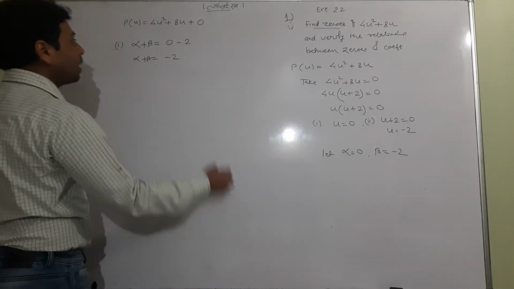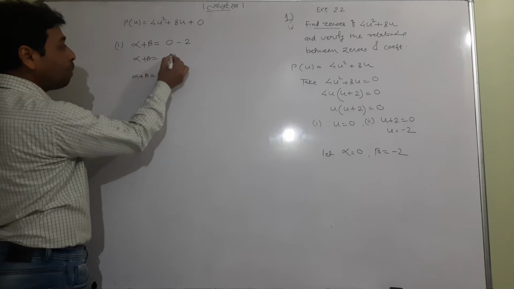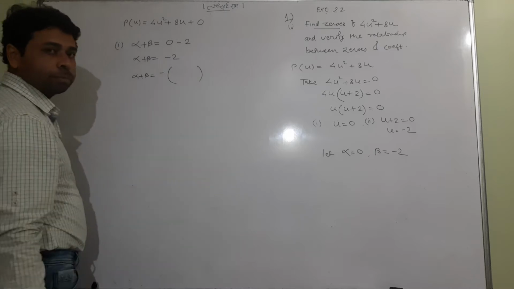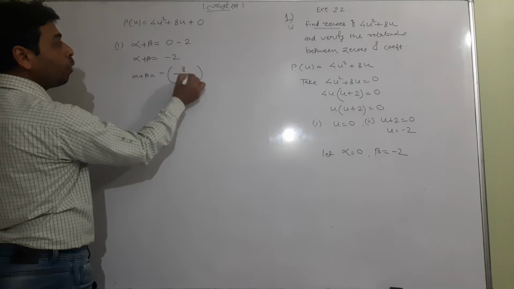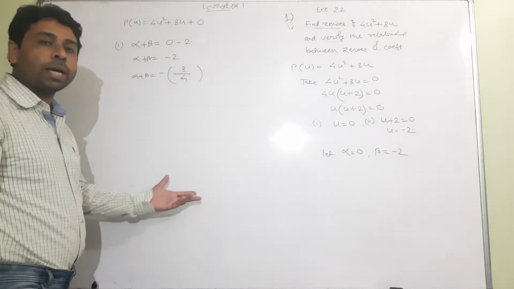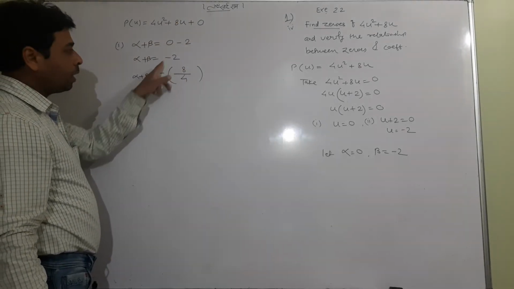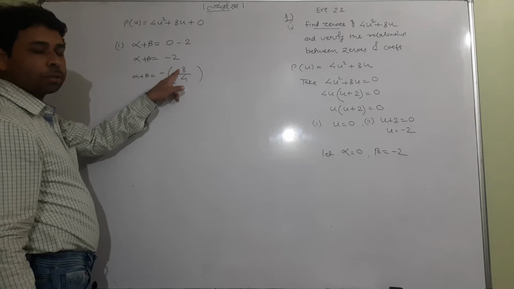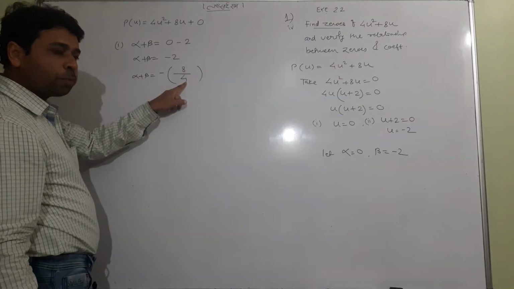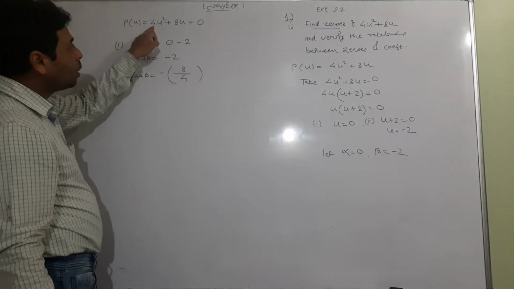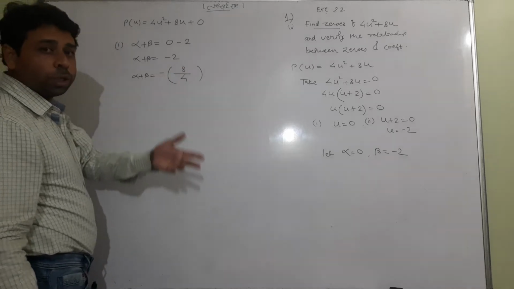So ultimately alpha plus beta is minus 2. And you remember my words that alpha plus beta is always negative, and it is negative here. So how to manage the sign? Minus I will write the same. Only 2 is here, so I will write that 2 as 8 upon 4. Now you are surprised, so why have we written it like that? Because we want minus here, okay, it is already there. It is the coefficient of u, and what is the coefficient of u? 8. And in the downside, what must it be? The coefficient of u square, which is 4. So I have intentionally written 8 upon 4. 8 by 4 meaning 2. So no change at all.